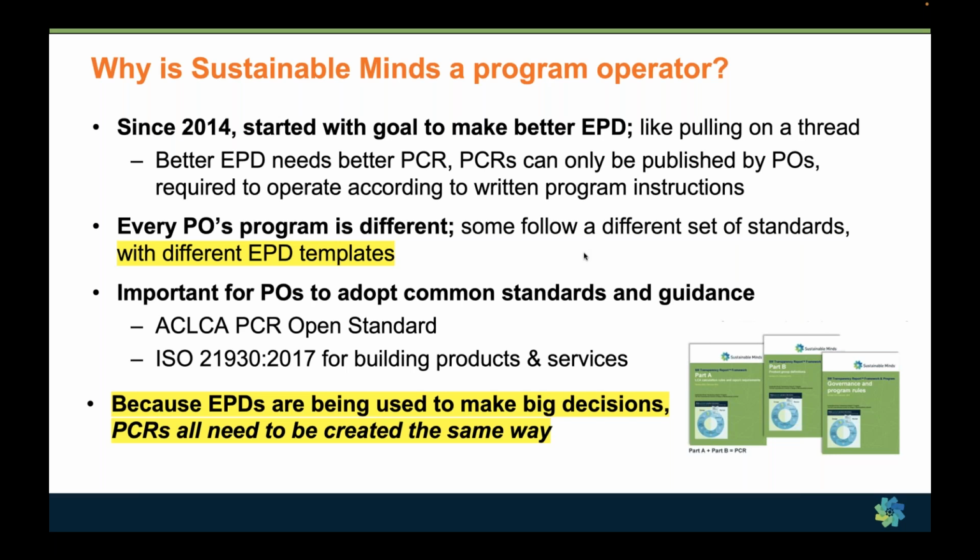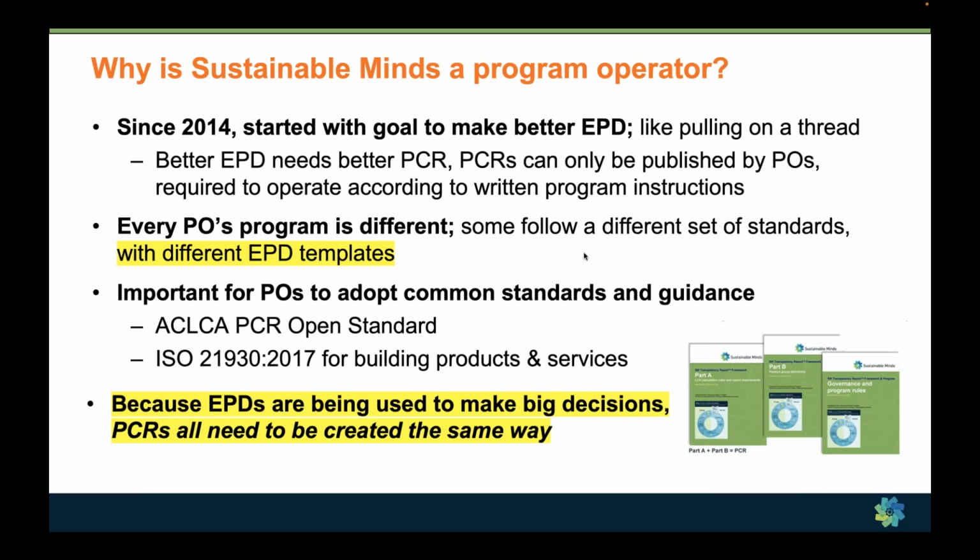And PCRs have historically also all been different, even though they have to conform to the same set of technical standards. Every program operator's technical program is different. Their PCR template is slightly different. Their governance rules are different, and their EPD templates are different.